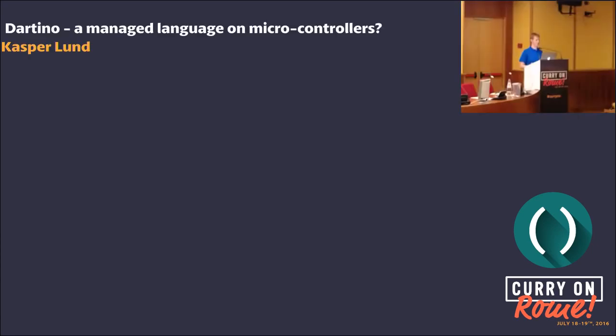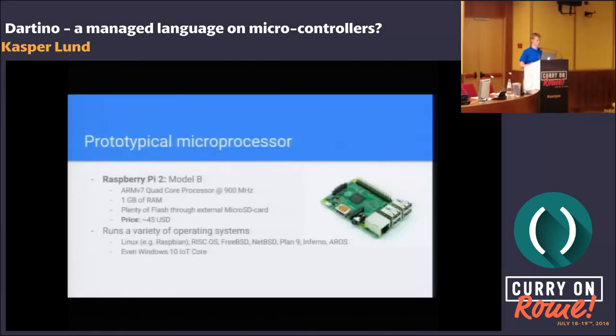of embedded space, you could say. A Raspberry Pi 2, you go for the 3 version as well. It's fairly high-powered, like ARM chips, quad cores, 900 megahertz, a lot of RAM actually for a small device, and plenty of flash through external micro SD card support. And it's not that expensive, and it can run just about any operating system, including Windows, and lots of sort